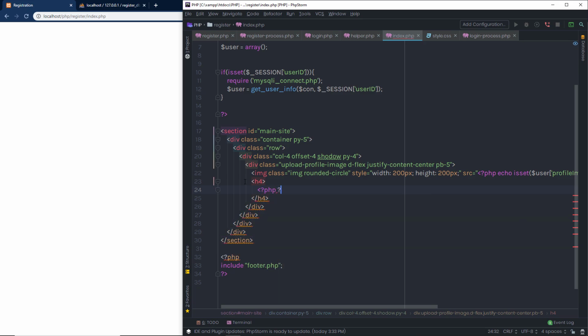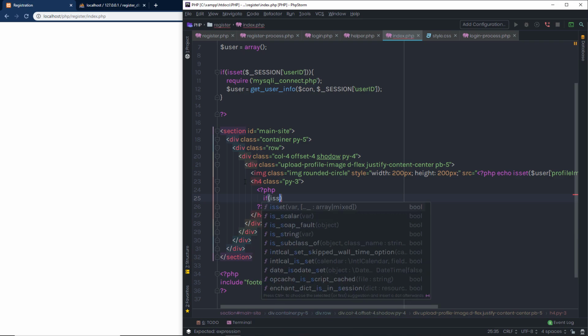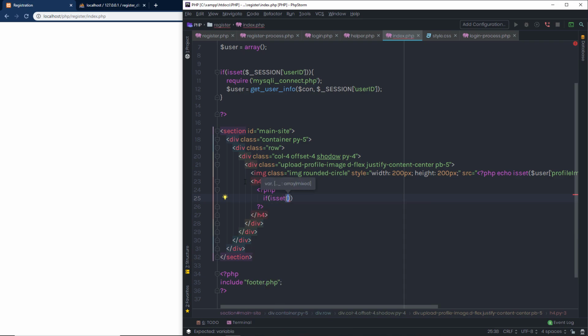So I'm going to add here a PHP syntax, and I'm going to specify here class to this h4 heading tag first. Class is going to be padding by 3. So this will add top and bottom padding to this h4 heading tag. I'm going to just call here if is set, and in the is set I'm going to specify user first name. Now we know that we have the first name column in the database. So I'm going to get the value of the first name